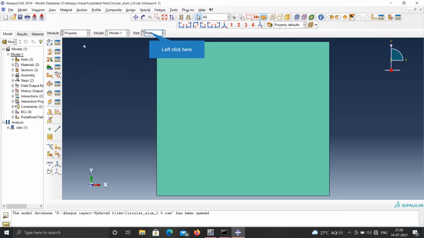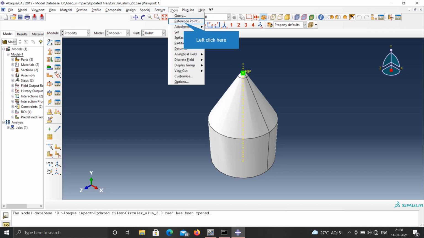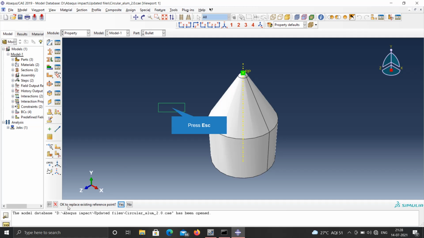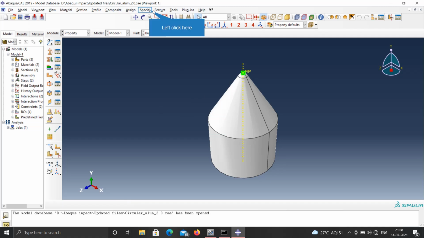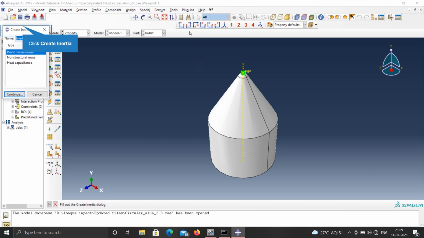Now coming to the properties. In the property section, first of all we have to develop a reference point at the top of the bullet. So we'll go to the tools, reference point, and we have to select where we want a reference point. And further we have to assign the inertia and define the mass of the bullet. So we'll go to create, point mass and inertia,